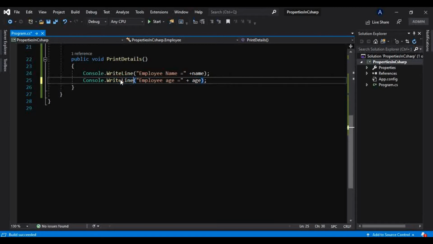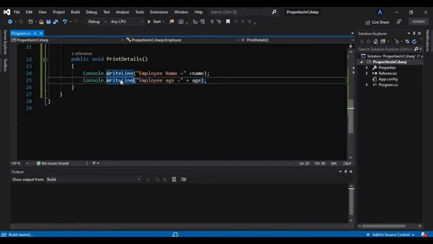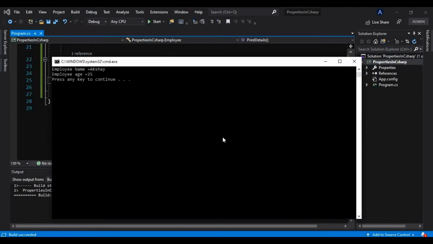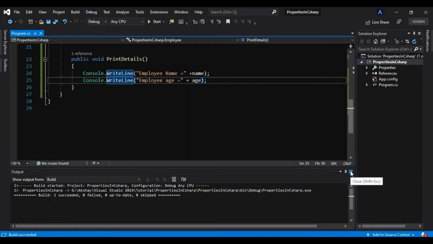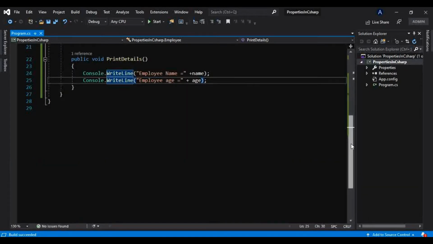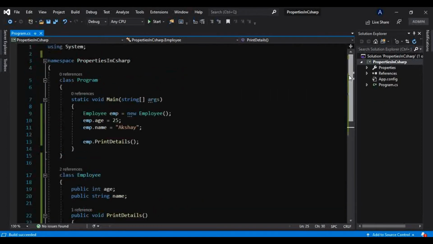Now if I use Console.WriteLine and print, okay, now it is looking good, and this "press any key to continue" has come onto the new line because we have used the WriteLine method here, and that WriteLine will print this message onto a separate line only, and whatever comes after that will be on the new line. Okay, but my goal was not to show you what the WriteLine method and Console.Write method do, but I wanted to show you what getter and setter are.